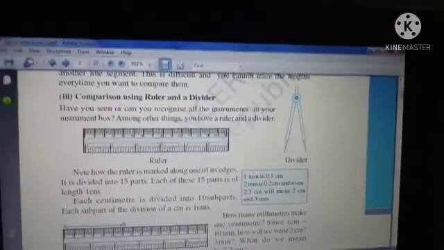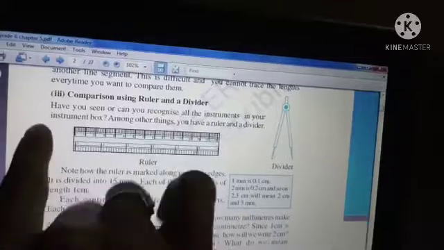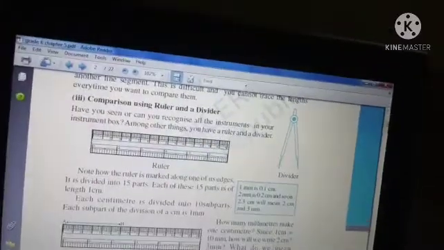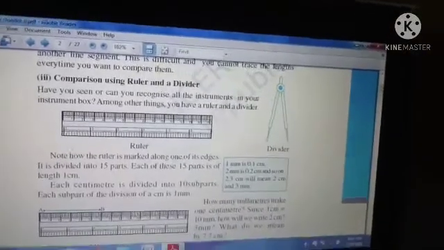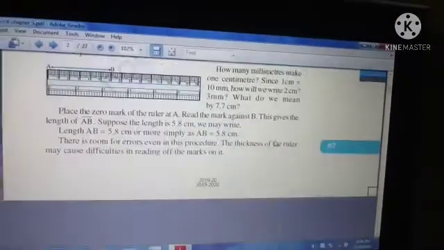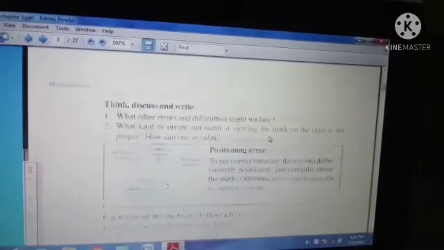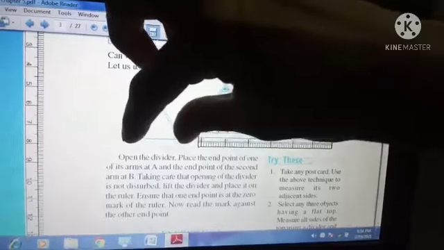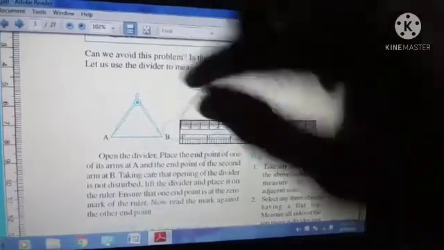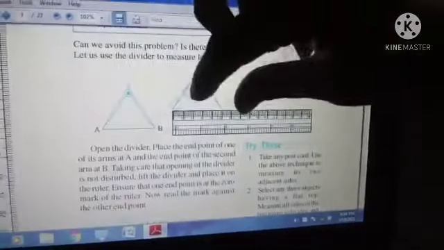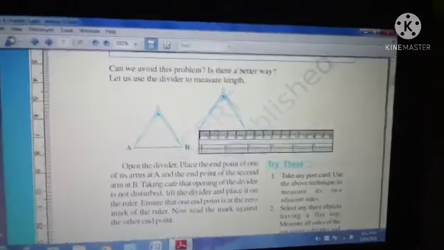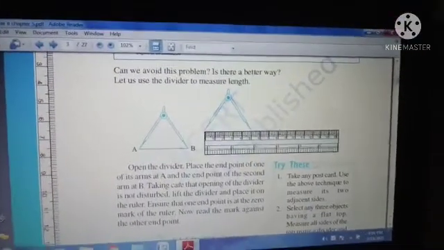You take that and measure the line segment: keep it at the starting point and ending point, and measure it on the scale. Again, starting point, ending point, another figure, measure it. If both are the same, or if one is greater or smaller, you can easily identify which is greater and which is smaller. See, AB is there, keep the divider and measure it. Then keep it on this ruler and measure 5 centimeter. Another, take it, measure again and keep it. If it is 3 centimeter, then AB is greater than CD. Like that we can find. This is how you will compare using the ruler and divider.